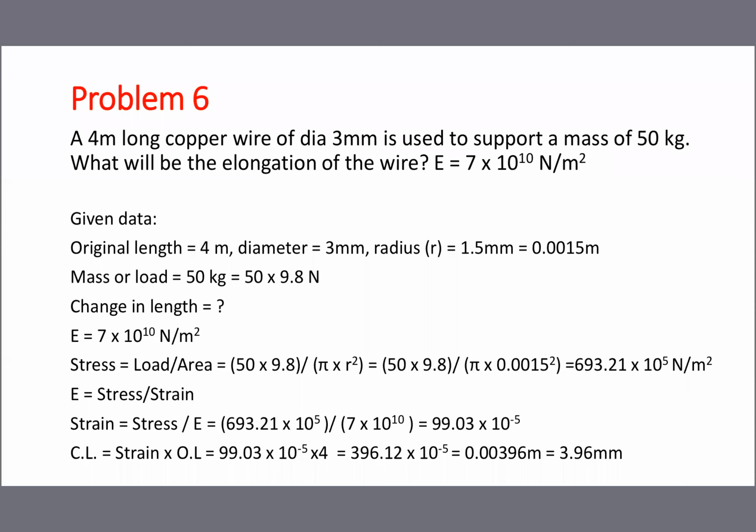Sometimes it is an indirect problem. Problems number 5 and 6 are both indirect problems. But the problem fully depends upon the three formulas: stress, strain, and Young's modulus. You are not going outside; within the three formulas, you are going here and there. Once you start the question, what will be the elongation? Where is it available? Second formula. So strain data is required. Strain data is not directly given, so get the strain value from some other area. Just go through it.